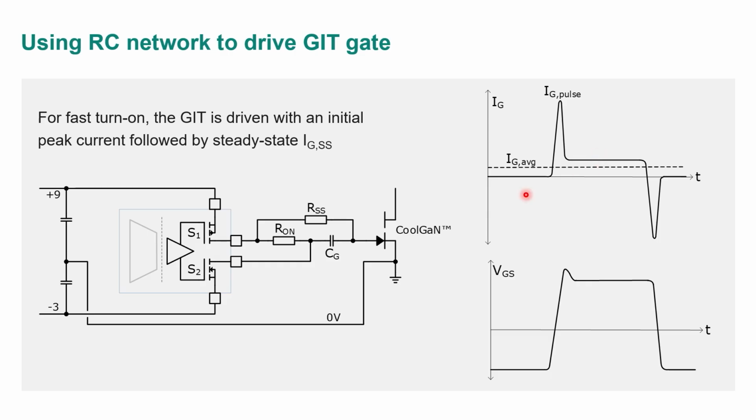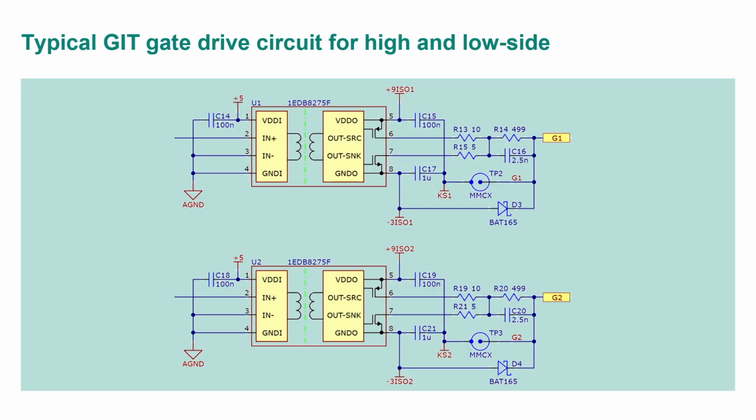And then to turn off, the safest way to turn off, especially in bigger, higher power supplies where you might have large transient currents, big device, we tend to use a negative bias here. It's not mandatory in every case, but it provides extra assurance that when the device is supposed to be off, that it stays off. This is what a common gate drive circuit looks like.